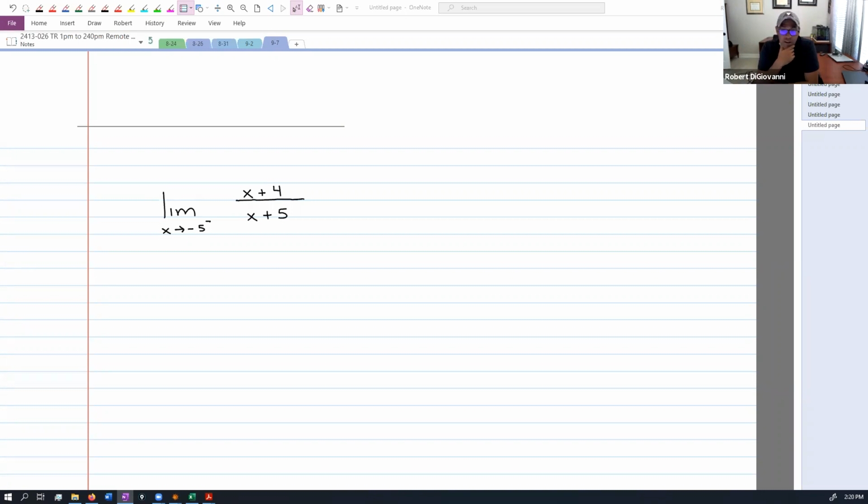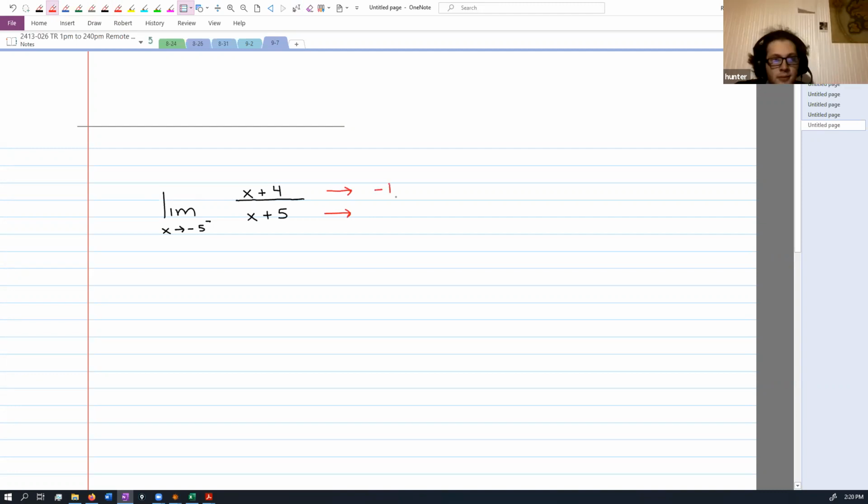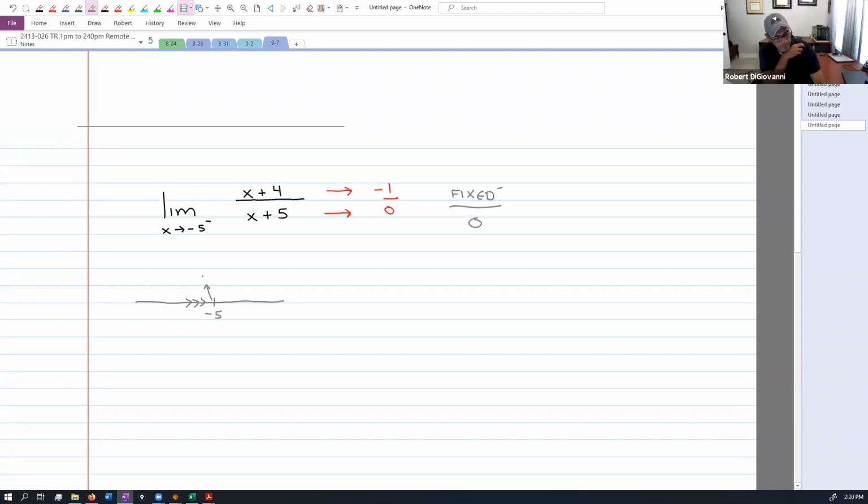All right, everyone's back. Who wants to walk us through this? I can. Okay, go ahead. So if you apply a -5 into it, you get a -1/0, so that obviously doesn't work. But if we draw our number line, that's a negative fixed over 0. We're approaching -5 from the left, so that will be a larger negative number, like